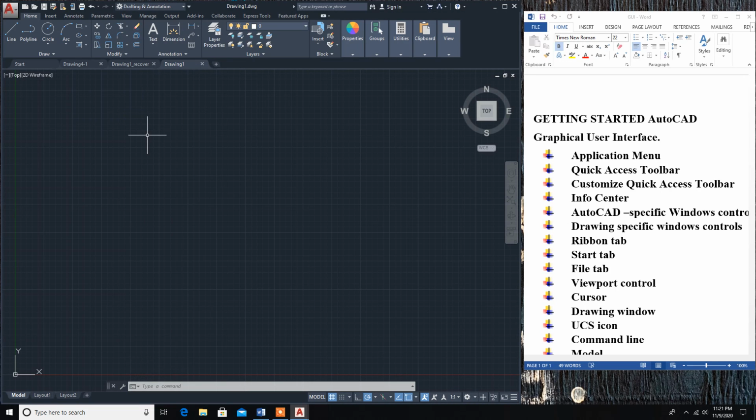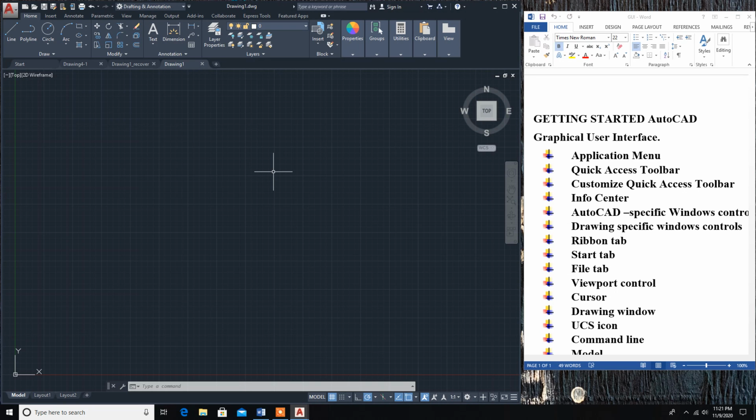As we are in the starting phase, we want to learn more commands. So to go back to the start tab, we can type the command in this command line. Here, this bottom one is called the command line. So you can type it in the command line, or use this plus symbol, which is called the cursor.